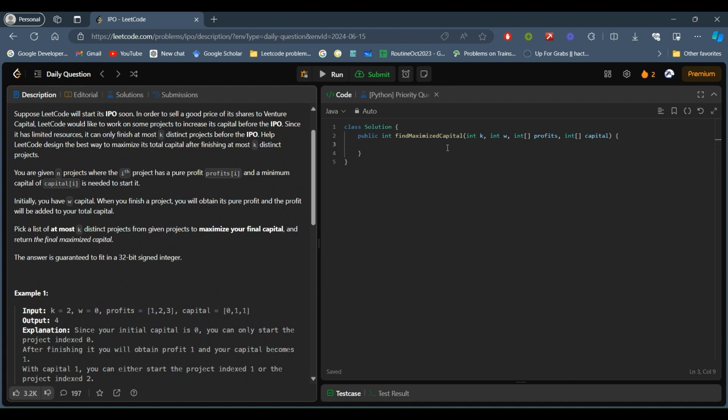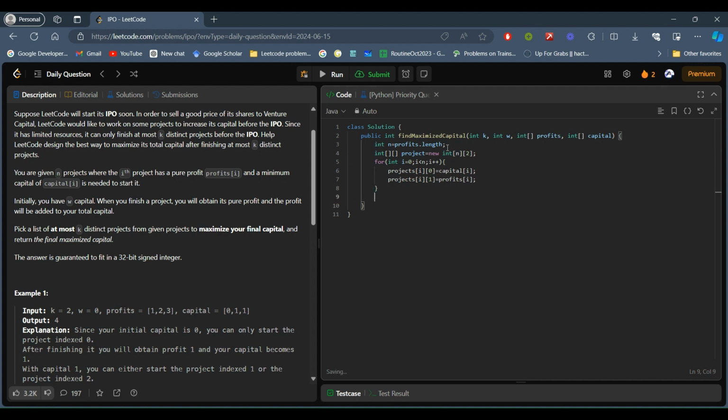So here I'm going to take the projects. n is the profits length, and here int is equal to the project. It is a two-dimensional array. Project will take two values, capital and profit. So here I'm going to feed all the values.